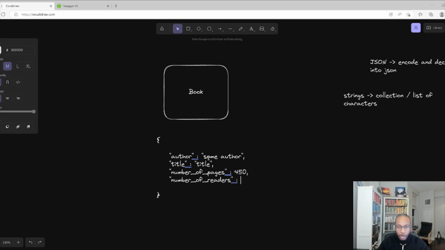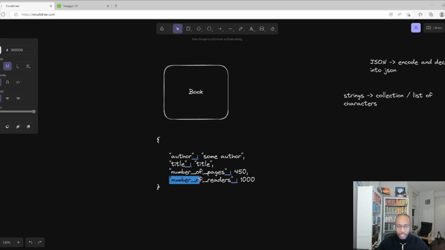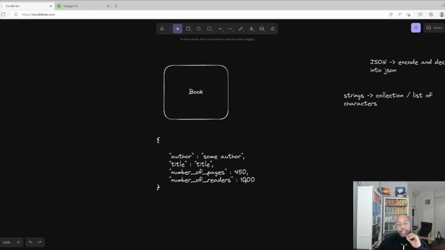Let's say for our book, there are 1,000 different people reading this book at one time. And we'll figure out how we can calculate this number, right? Because all of these values are static values, and this number is a number we would have to really calculate on the fly somehow, and that's where the problem becomes interesting,